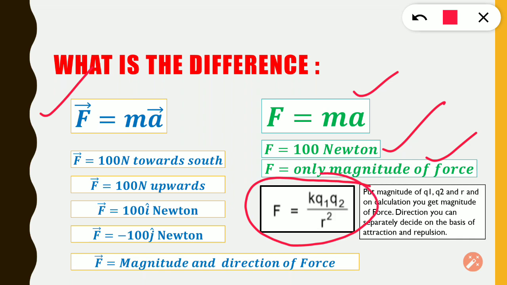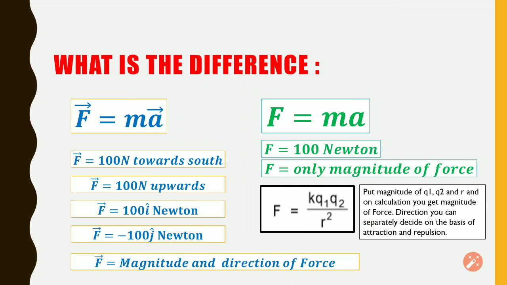Similarly, we have the formula given by Coulomb's law as F equals k q1 q2 by r square. It doesn't contain any vector sign, right? So this formula gives you the magnitude of the force between two charges only. It doesn't give you the direction of the force, right? You have to put the value of k, q1, q2 and r, and the result F simply says the magnitude of the force. That's all. But in case it is written with a vector sign,